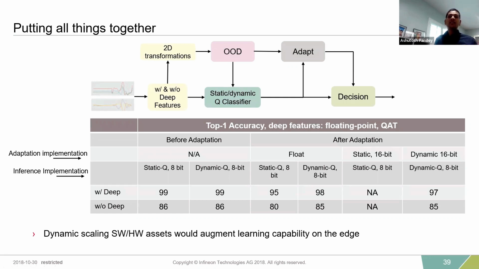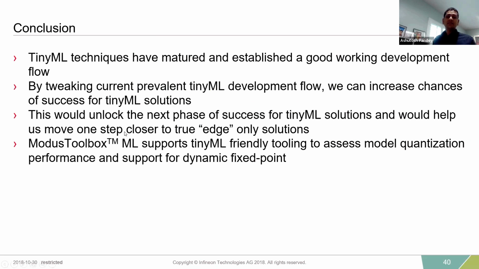And all the assets that we will develop in the process can be utilized beyond what they are designed for. For example, dynamic scaling can be utilized in adaptation. So these do extend to other tasks, and that would help us create this architecture that can scale very